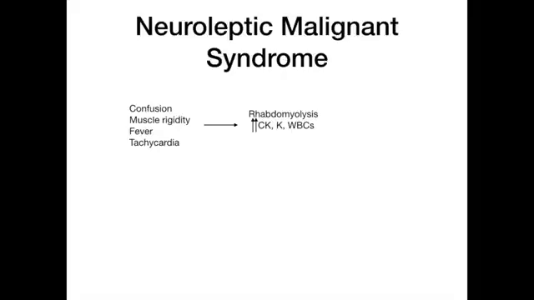So how this looks is originally the patients will get fever, tachycardia, muscular rigidity, and confusion. And if it progresses, it will turn into rhabdomyolysis. So rhabdomyolysis, the muscle will break down and you'll have increased levels of CK, potassium, and white blood cells. Now, this is life-threatening because you know that rhabdomyolysis can put you into kidney failure, which can lead to heart failure, which can lead to death. High fevers can lead to death. You can get septic. This is just an absolute mess. So this needs to be treated and identified promptly.